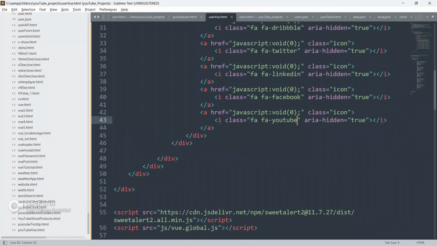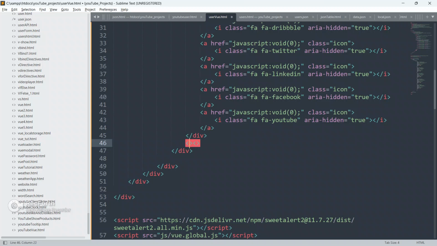Now we have to create this button. Below this div, guys, I am going to create a button element. Close this button first, and inside this button I am going to write the text "contact now".